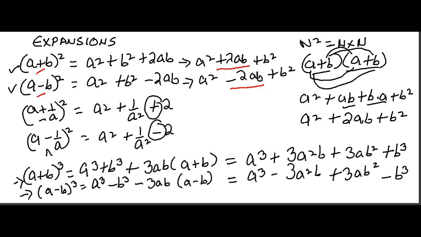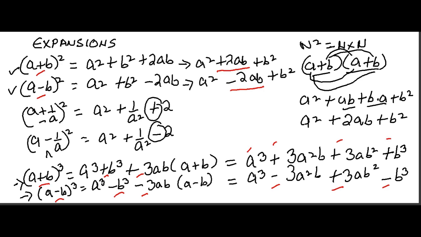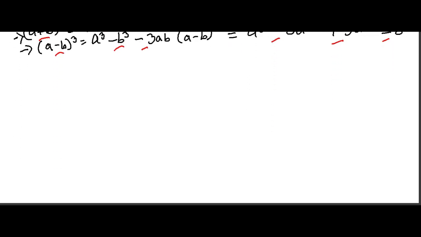Again, if you compare, the difference is because of this sign, plus and minus. Now see, here the difference is you have plus b cube, minus b cube, here you have plus 3ab, here you have minus 3ab, and if you come to this, again you see plus minus, and here it is plus plus plus plus. Alright, so this is a plus b whole cube, and you have a minus b whole cube. Let's move on to the other ones which we have to know.